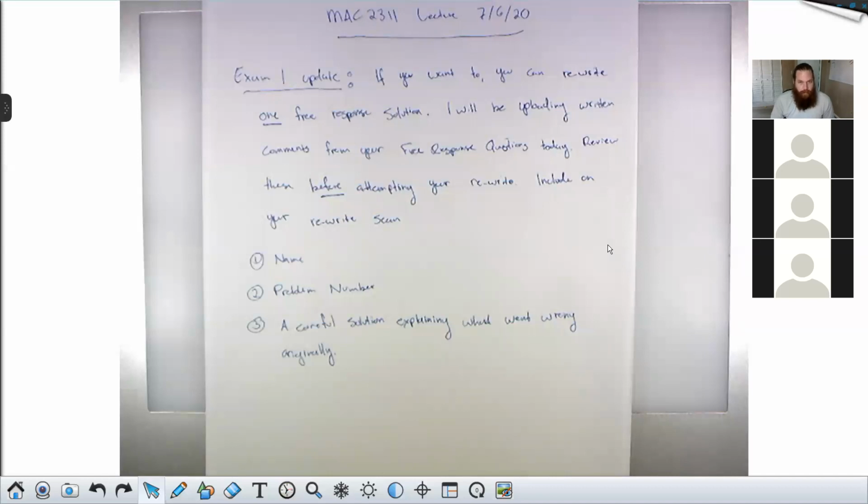This is what I'm doing instead of curving exam 1, right? A lot of folks had a difficult time with the test, and I'm thinking of this as something like extra credit or a curve to allow people who are unsatisfied with their test grade to improve it. So this is going to affect the score for exam 1 and nothing else. It won't be going in as a homework or as a test on its own. This is just going to give you the chance to improve the grade on exam 1.